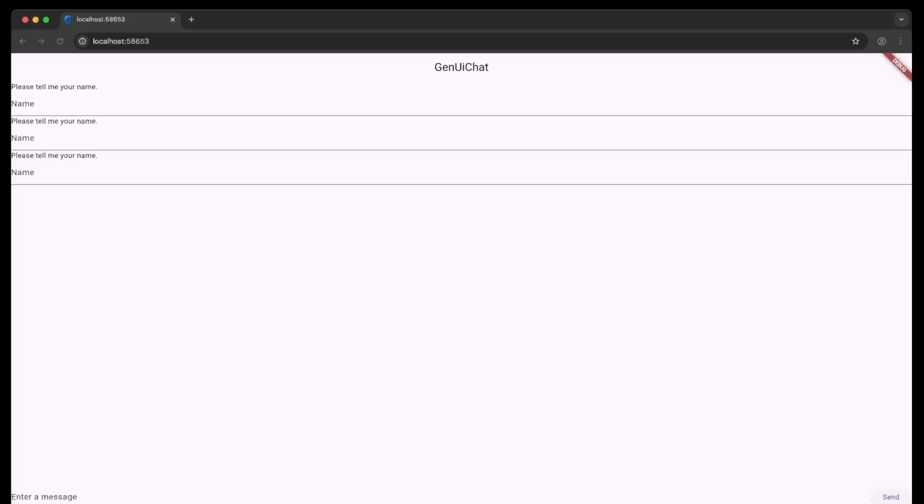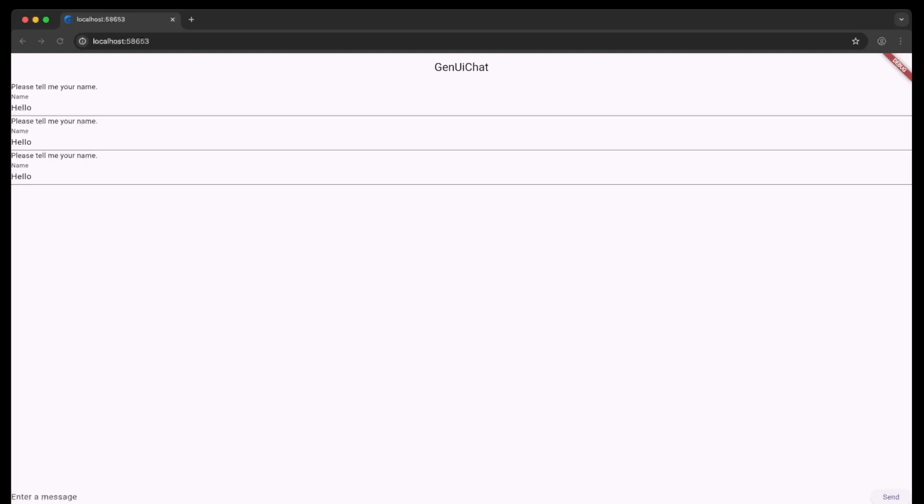If you remember, I gave the instruction to act as a chatbot and take the username and phone number. So here we are with the text field, which is asking me to enter my name. So this is what we have got with our minimal code, which we just copied and pasted from the official